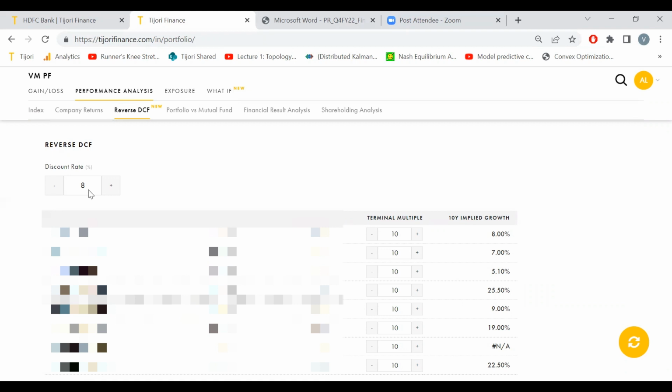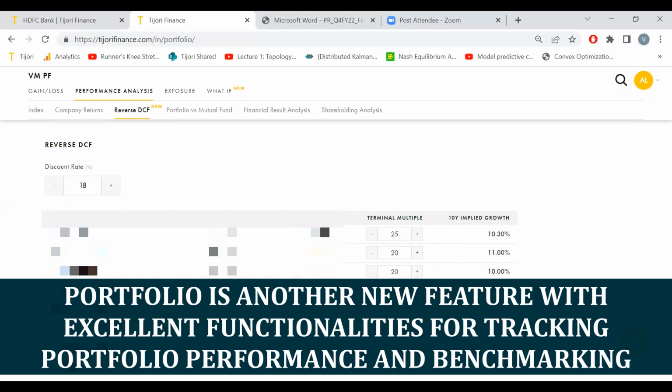So for example, maybe Saurabh has an expectation to make 18% from the market. Once he will have to actually tell us what he thinks is the terminal multiple for all these companies. It'll immediately tell him that if you want 18% from AG's logistics, and if you believe that in 10 years it'll have a terminal multiple of 25 based on its earnings, and its current multiple is 20, which is not editable, obviously, then the implied growth rate is 10%.